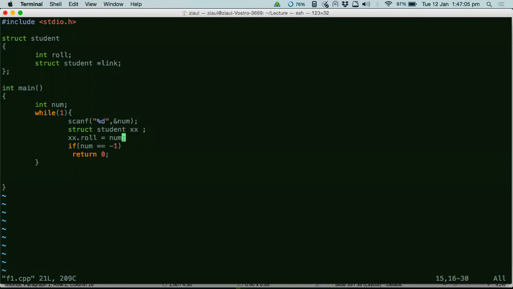So can we? It's overwriting. Yeah, it's overwriting. So what to do? It's not overwriting, Vitesh. It's creating a new structure every time, and whatever number I entered from the keyboard, it is putting that number inside that structure. But then I have lost track of all the previous structures that were getting created in memory. So it's something like your memory is this area where new structures are created with every iteration, but I don't have a handle on all the structures that got created. They are just simply dispersed, right?